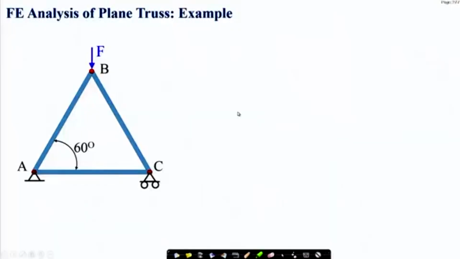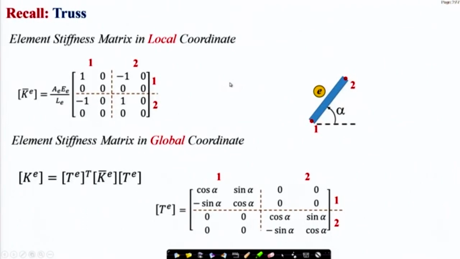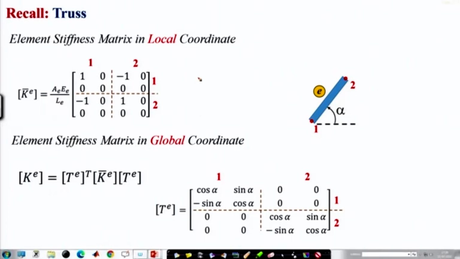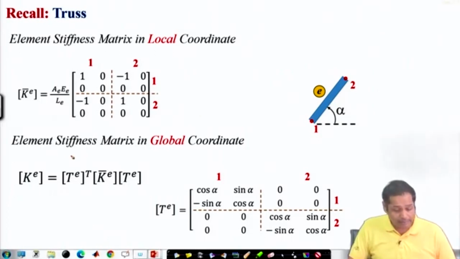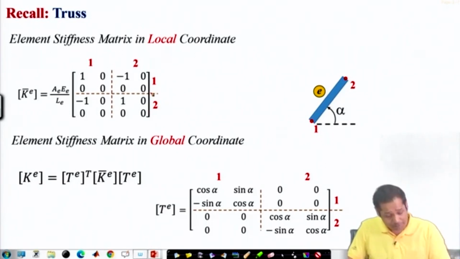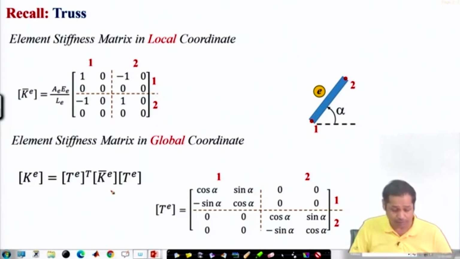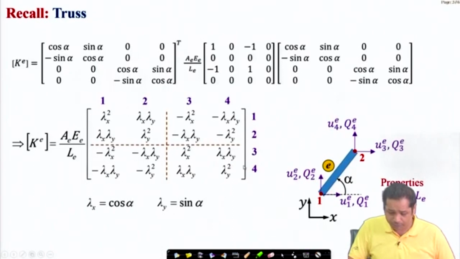So this is the problem we will take, but before we start solving it, let us quickly review what we discussed in the last class. This is the element stiffness matrix written in the local coordinate system. This element matrix can be represented with respect to the global coordinate system through a transformation matrix, and this is the transformation. If you substitute this transformation, we finally get a global stiffness matrix like this,